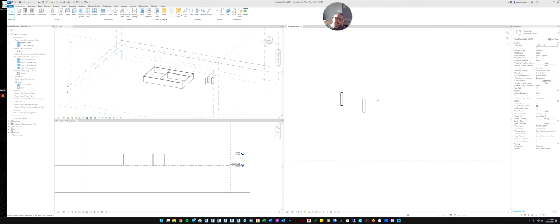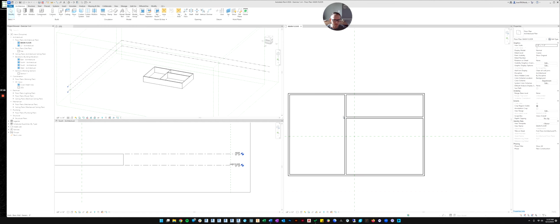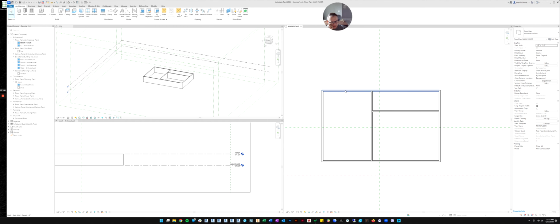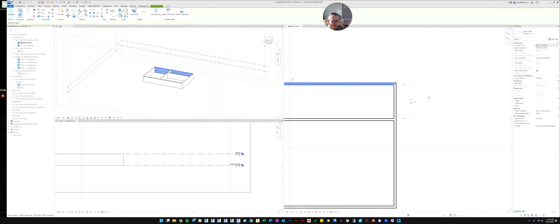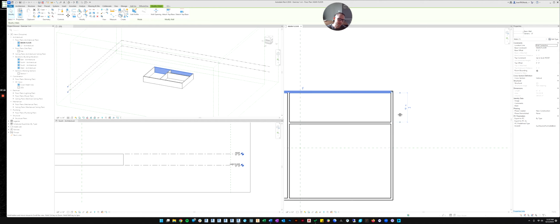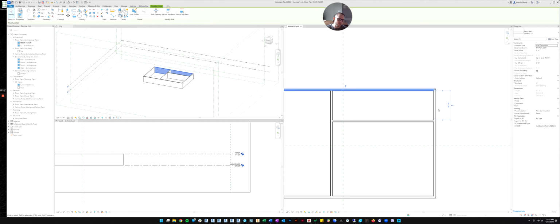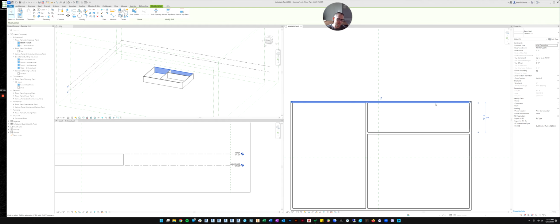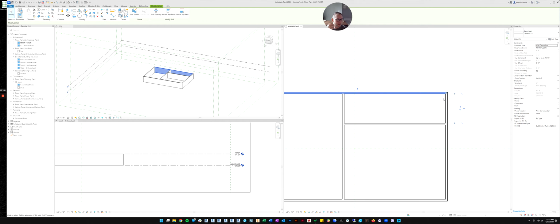Okay, now let's delete those. Let's come back to our main building and let's start dimensioning it better. Let's click on this wall. Do you see how it pops up? These are called temporary dimensions, and they're in blue. So it's going to give you its best guess at what you're trying to dimension from. So you've clicked this wall, which means you're about to edit this wall. You want to do something to it of some sort.